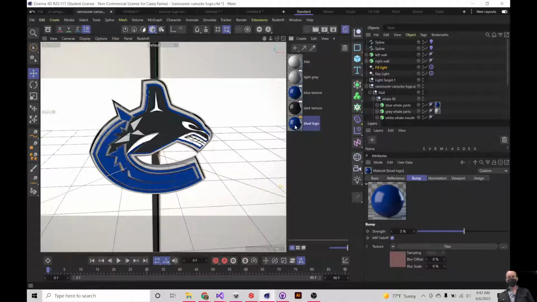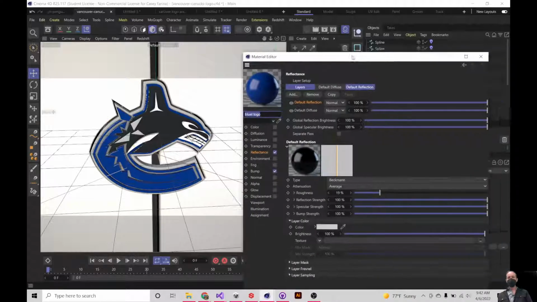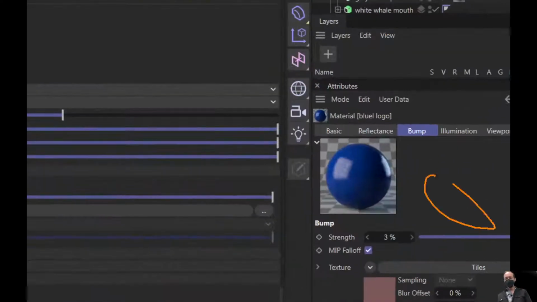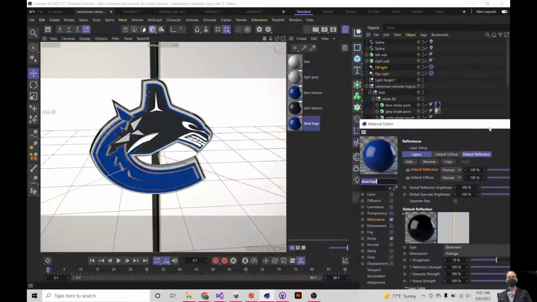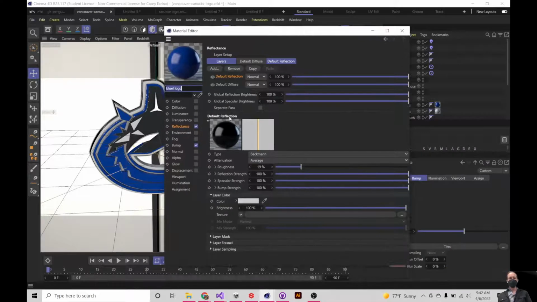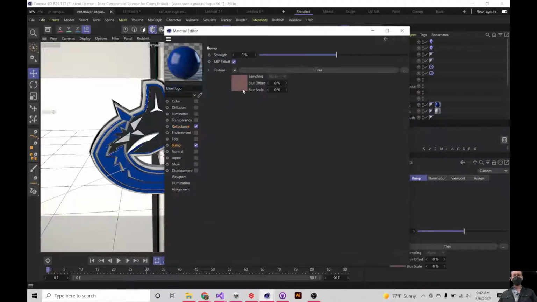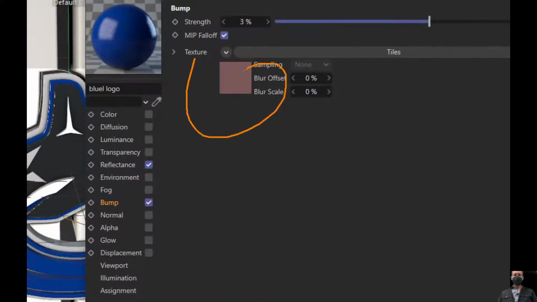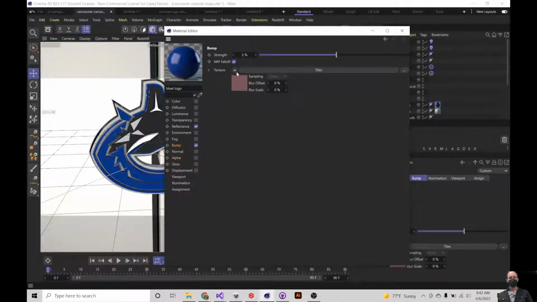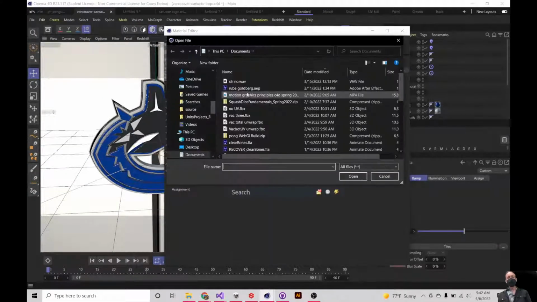And if we double click on this one, that opens up all of the material stuff in a separate window, instead of having to work down here in this tiny window. Especially on a laptop like this, it makes it easier to see what you're doing. Let's come over here to bump. This is where we put the pattern, right? One of the tile patterns before. Let's switch it out. And so I'm going to go to load image